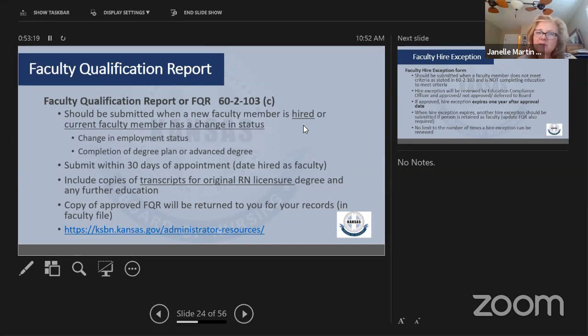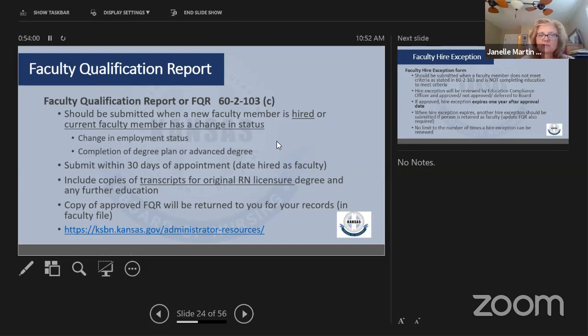might be needed. Some have asked me if they need to send an update if they change what they're teaching. And that's not necessarily, because sometimes I know your faculty can be a little flexible. Some will teach one course one semester and then they may not the next. And somebody may get hired who has that more as a specialty. So we know that scope changes and can change. But the primary reasons I would see an update FQR being needed for someone who's a current faculty is if they have a degree plan and they complete the degree, or they have a change in employment status, and that's the full-time, part-time, adjunct status.